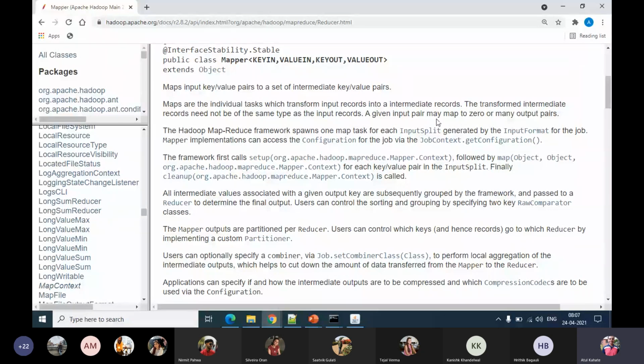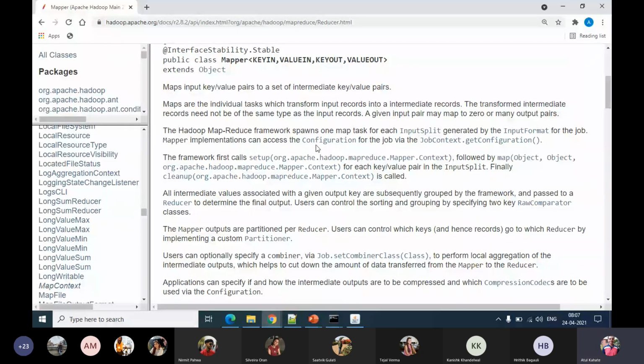That is, in some cases, depending on certain logic or conditions, you may not actually output something because, let's say, values are missing, values are corrupt, or something needs to be grouped in the mapping code itself. That may result in a situation where there is an input but no output. The Hadoop MapReduce framework spawns one map task for each input split generated by the input format for the job. In simple terms, whatever is the input file for this will have a map task.